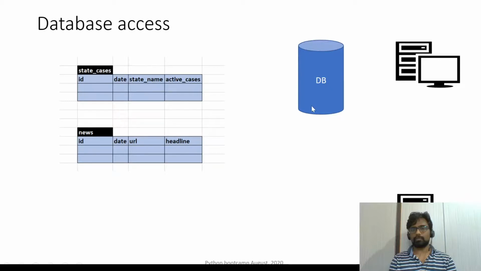So usually the database will be hosted on another PC, and the code will be on one PC, and in fact the GUI code will be on another computer. The reason it is separated is that, for example, if the system where the code is running goes down for some reason, the database should not be affected.